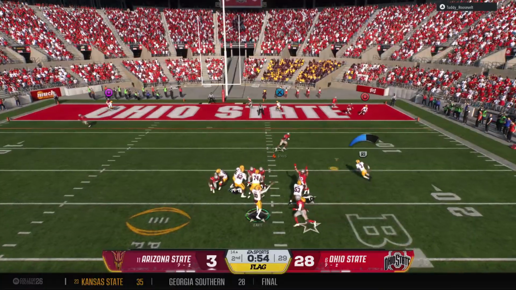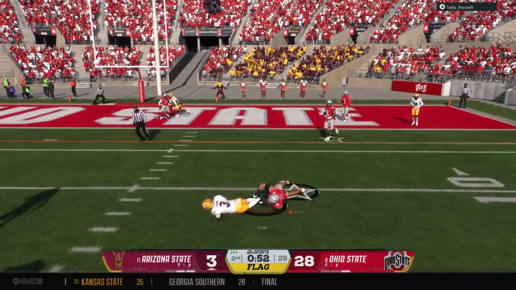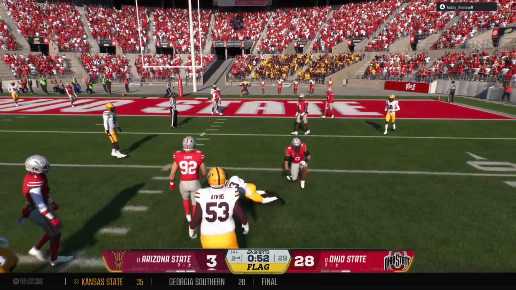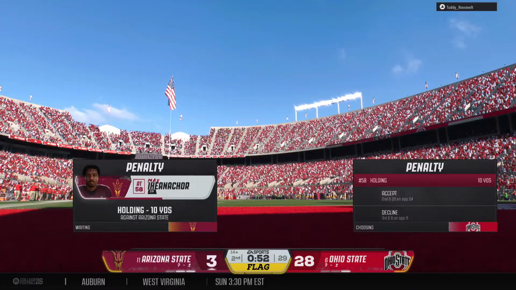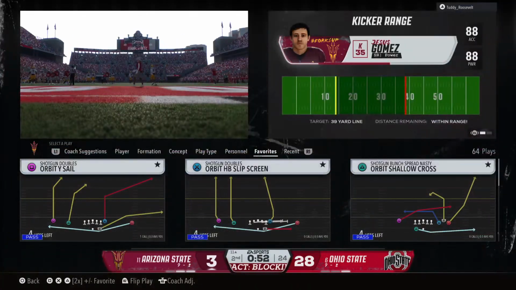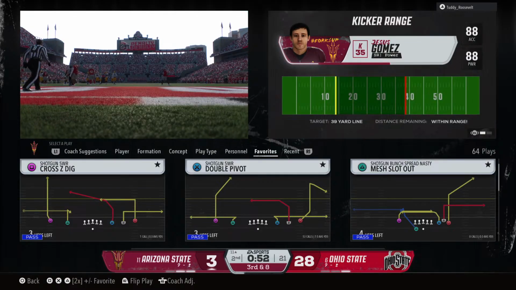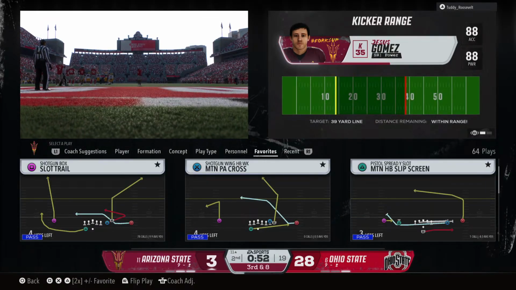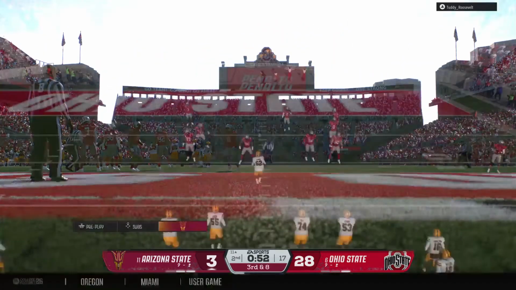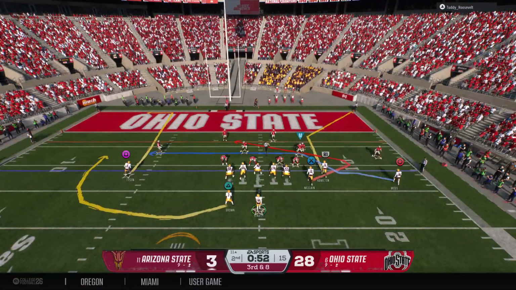Pretty much that simple. He makes the grab. The tackle is made, but there's a flag on the field. Let's see what that's about. Obviously, the defense will decline that penalty on the offense and take the result of that play. Offense looking to keep the drive alive. It's third down.